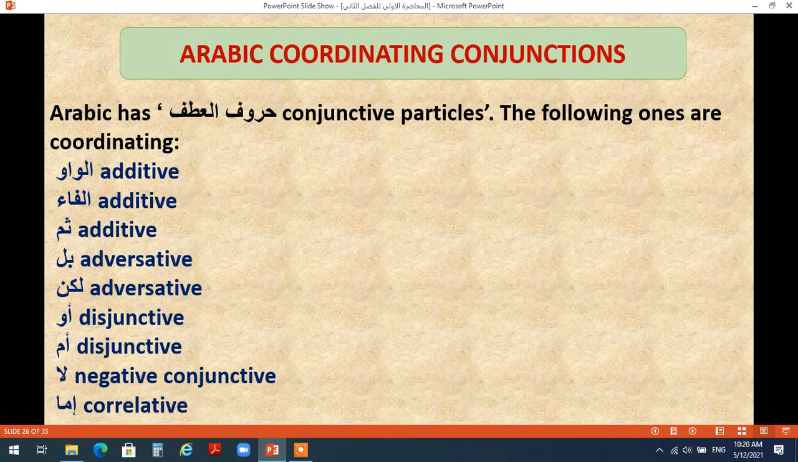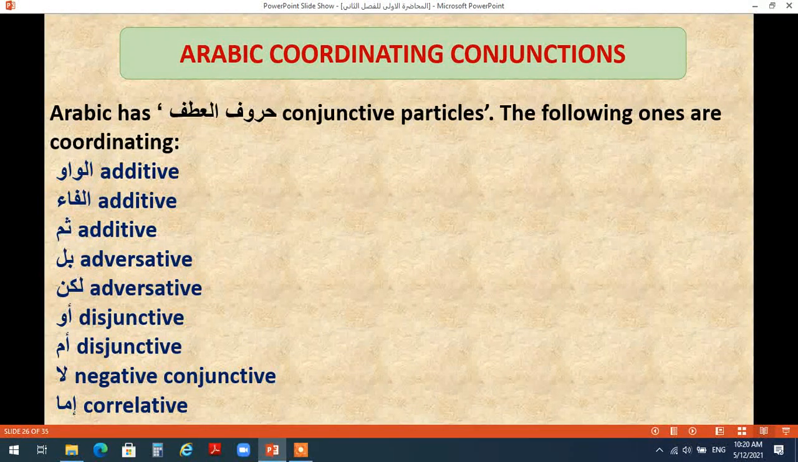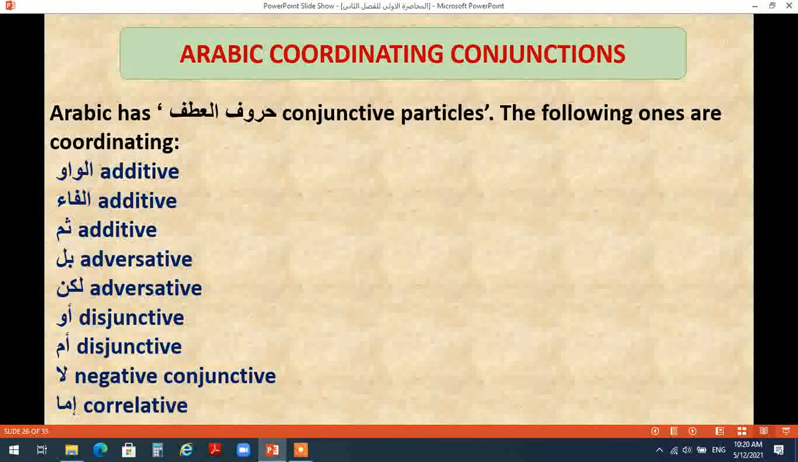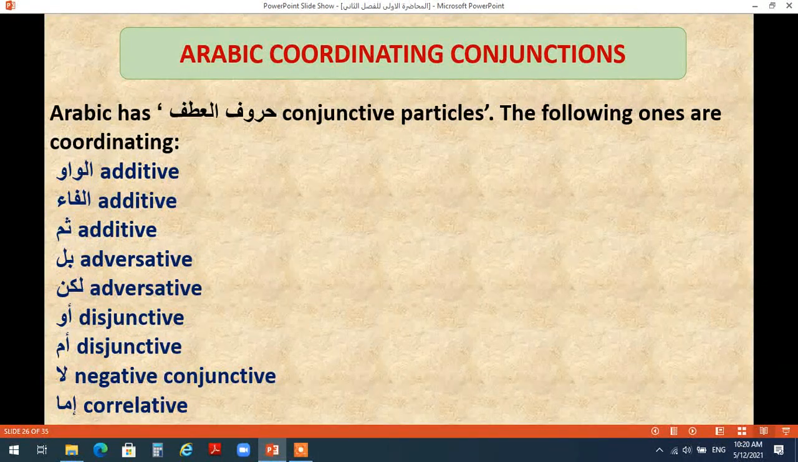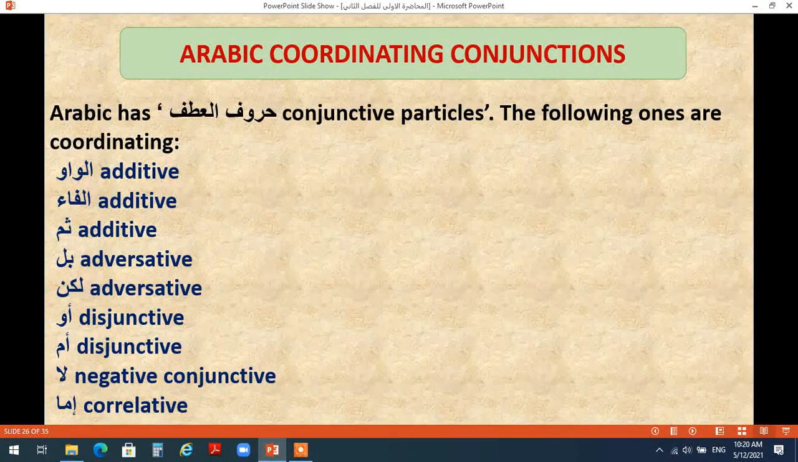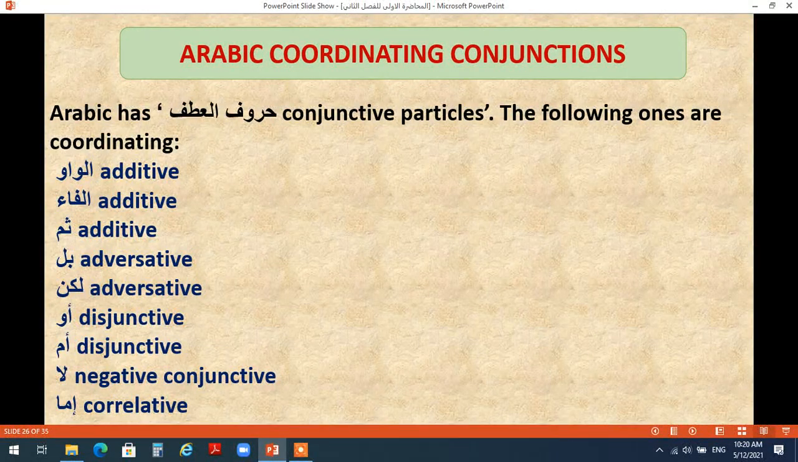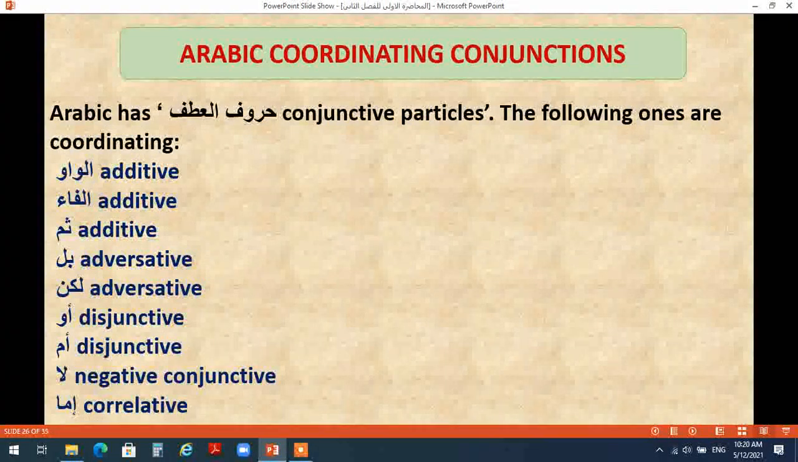Now we come to the Arabic coordinating conjunctions. بعد أن أنهينا نقاشنا للإنجليش coordinating conjunctions وتعرفنا على الsimple والcorrelative coordinating conjunctions in English. Now we come to Arabic coordinating conjunctions. نتعرف على أدوات الربط التناسقية في اللغة العربية. First of all, we can say that Arabic has conjunctive particles أو ما تسمى حروف العطف، هي اللي نستخدمها للربط